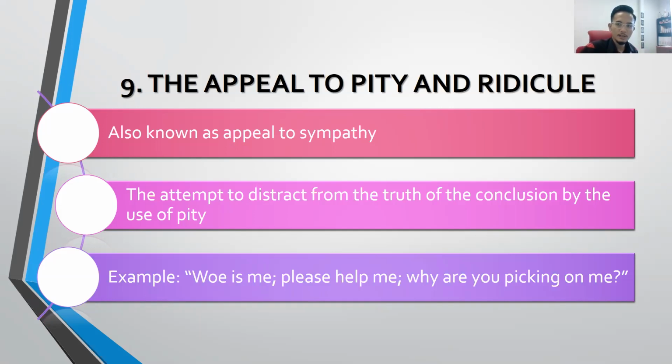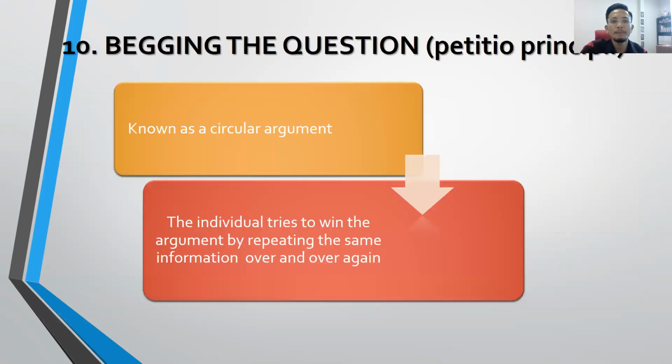Your decision is influenced by sympathy. What about number 10? Begging the question. So begging the question is kalau di debate, nak berdebate dengan someone else, dia akan repeat the same thing. Padahal kadang-kadang dia dah tak ada point dah. Dia akan keep repeat the same thing. Kenapa pula macam ni? Sepatutnya macam ni. Kenapa pula macam ni? Why?